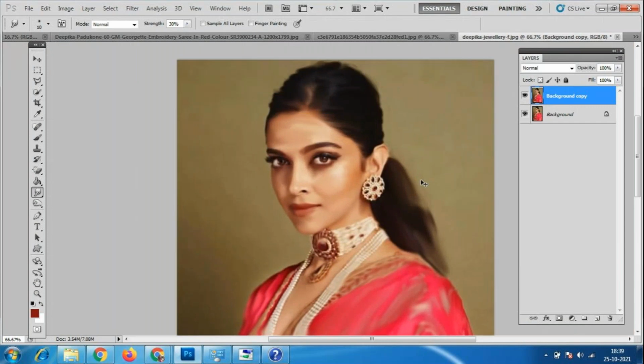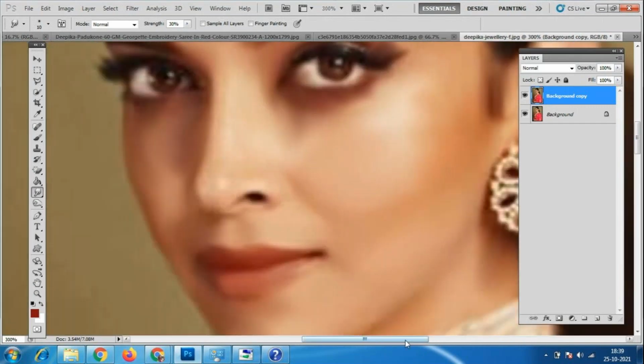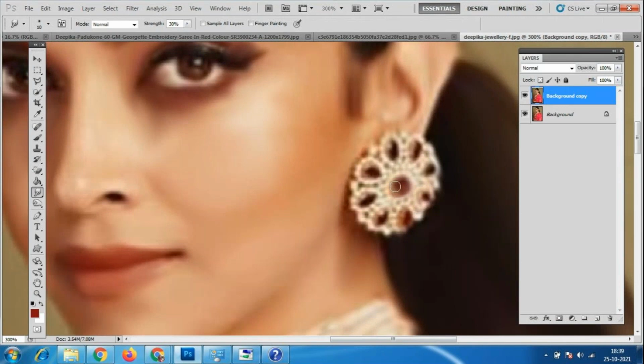So we have to make it very clearly, we have to take each and everything, and we have to make it this much, so it will come like a painting. So like this.